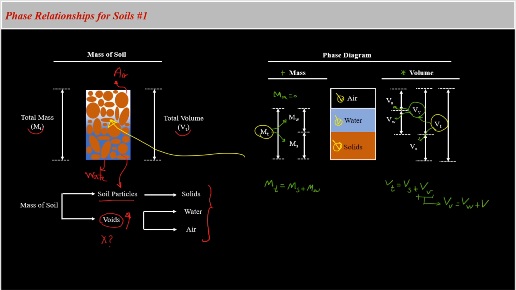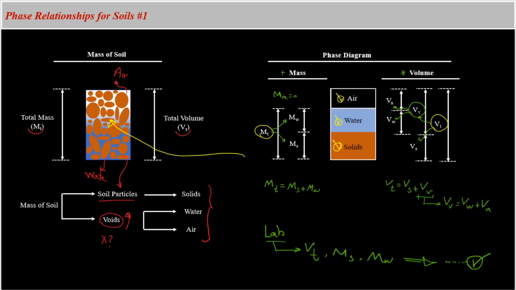Now you may ask, which one of these volumes and masses we can measure in the lab? The answer is that in a soil lab we can measure the total volume, the mass of solids, and also the mass of water. And then once we have these 3 values, we can calculate all the other masses and volumes